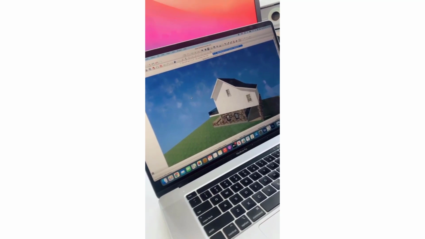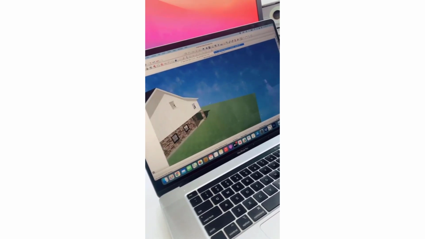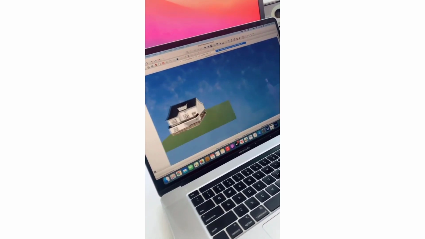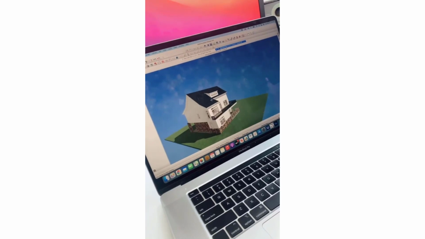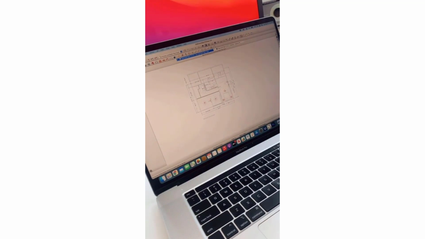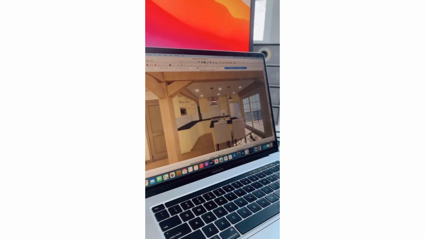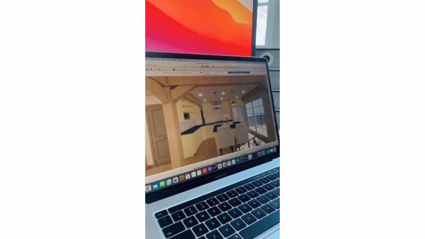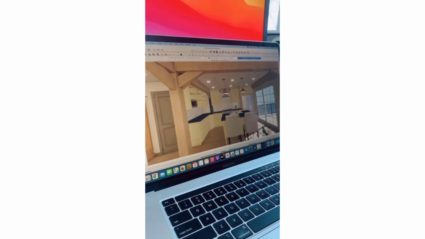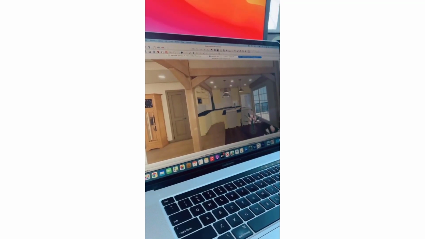We can use the different camera tools to spin around and see all sides of the project. And I'll take you inside with one of the camera views here. So here we have the kitchen inside the model, and this is an example of the physically based rendering technique. And then we can zoom out so you can see